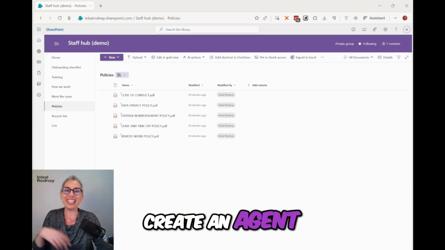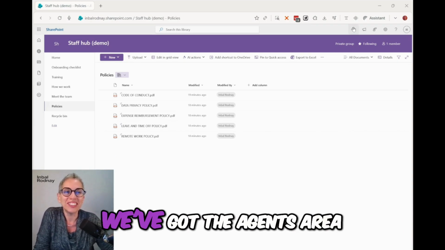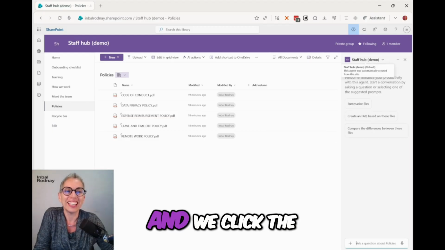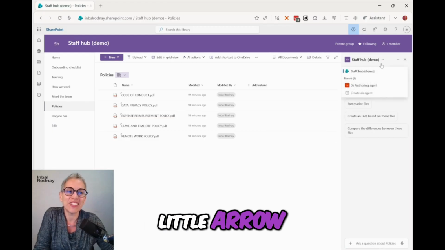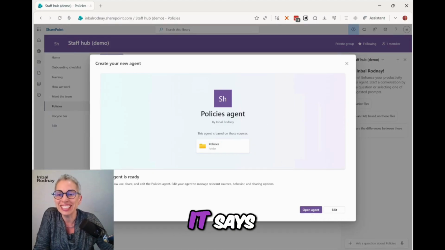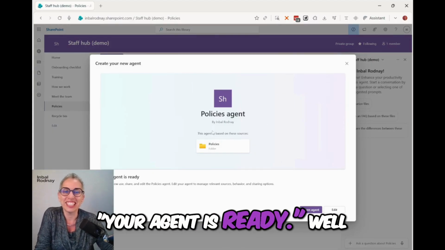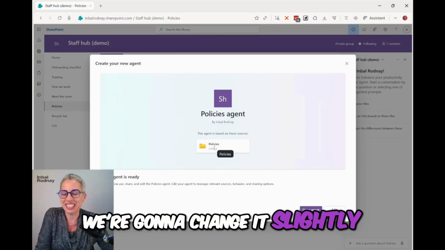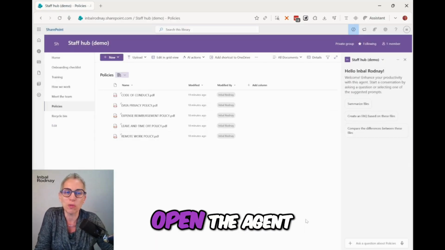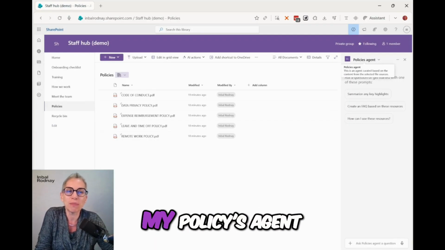How are we going to create an agent? So up the top here, we've got the agent area, and we click the little arrow and we go create agent. And that's pretty much it. It says your agent is ready. Well, we're going to change it a slight, but not a lot. Here we go. So we're just going to create the agent, open the agent, and there it is,